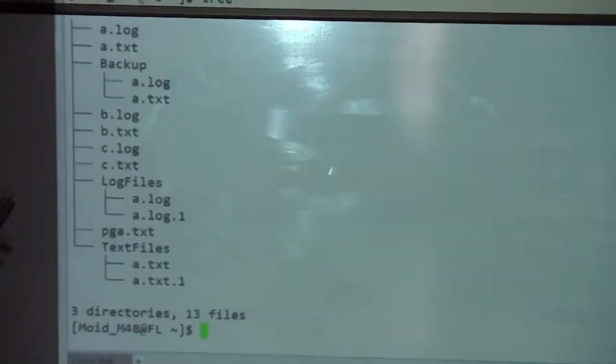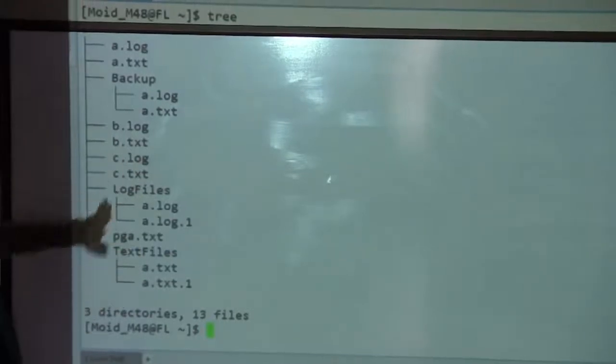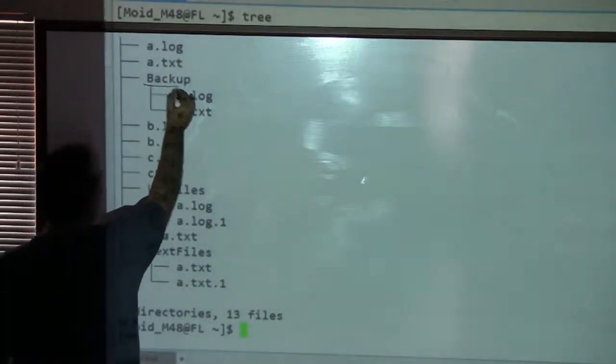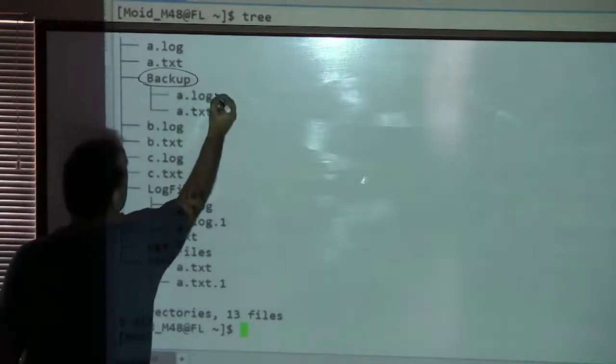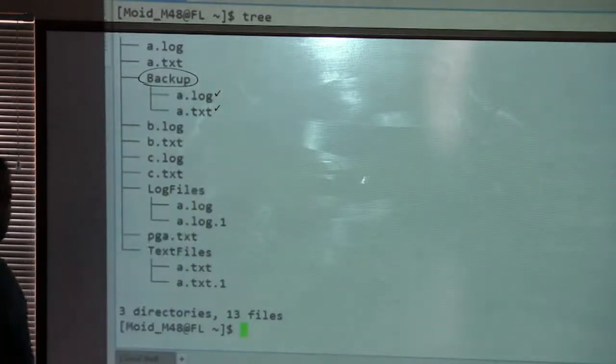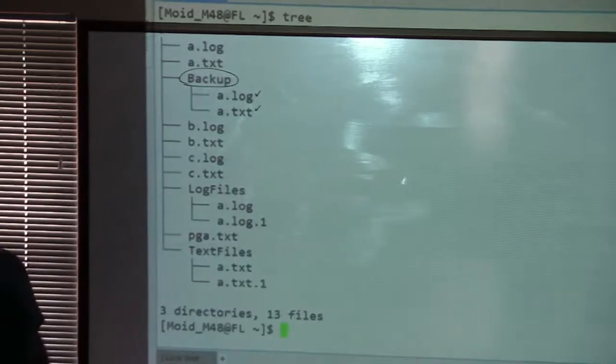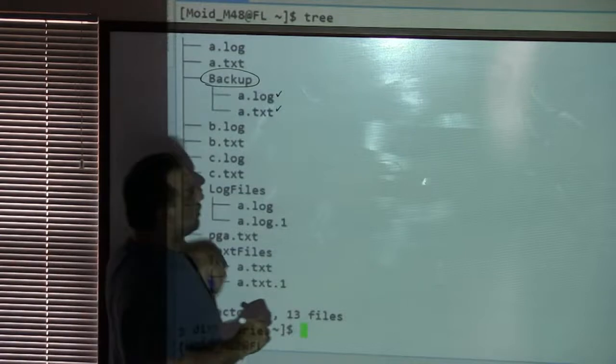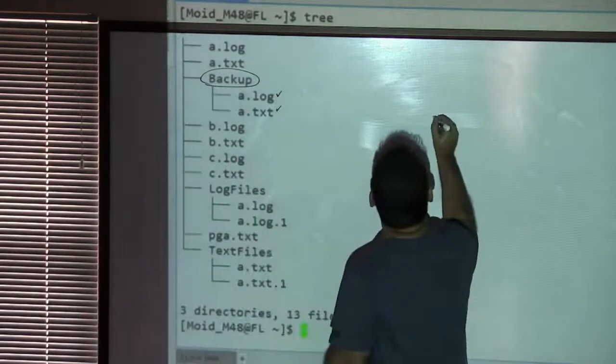So it looks like this is something that we did earlier. So I want to change the permission of the backup directory because these files have the original ones, right? We want to preserve this. We don't want any accidental deletion. So my backup directory, so maybe what I can do is I can say